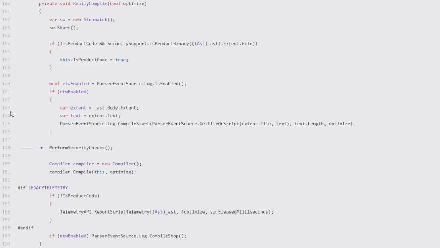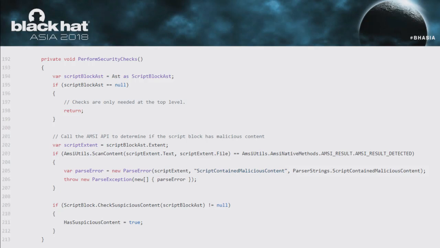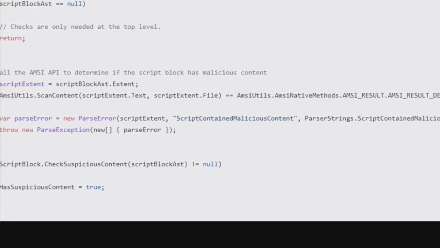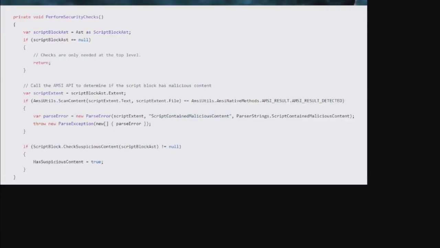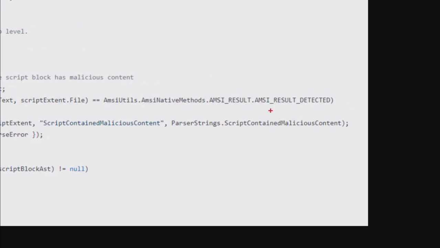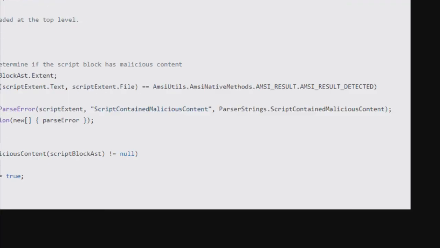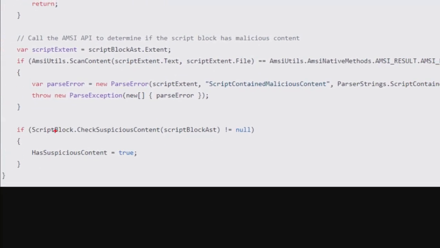If we take a look at this, we can see simply a call to AmsiUtils, as we saw before, scan content, right? And if the result is result detected, which is malware, then we're going to raise a parse exception saying that the script contained malicious content.